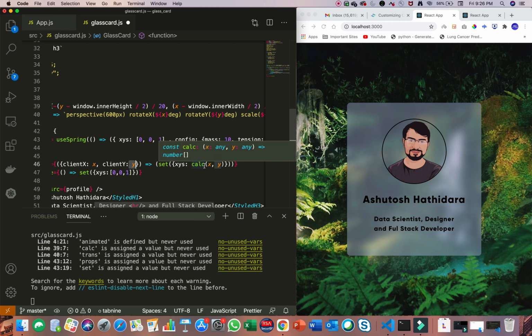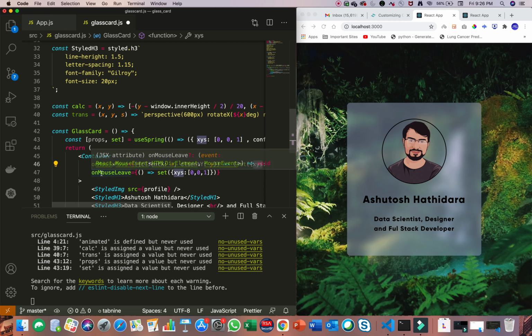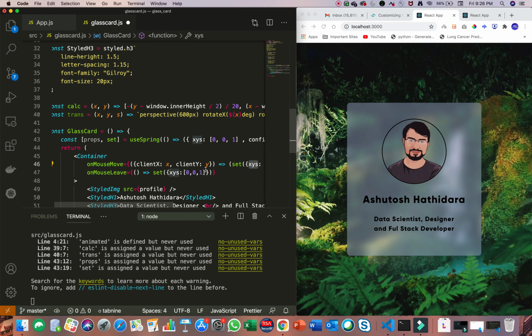We'll calculate the relative position using this calc function, and we'll assign that to x, y, s parameter of our spring, and whenever our mouse goes off the card, then we'll set the x, y, s element to default, that is 0, 0, 1.